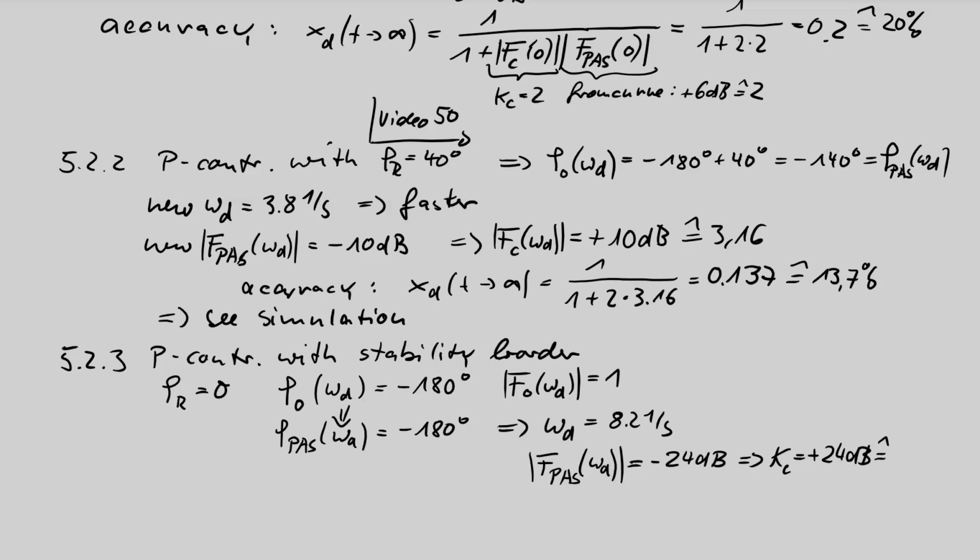and the value we can calculate with our calculator is 15.8. So if the gain Kc increases to 15.8, then we assume a phase margin of 0 and a process phase of minus 180, a gain of 1, and then we have a sinusoidal generator. Let's check if this can be